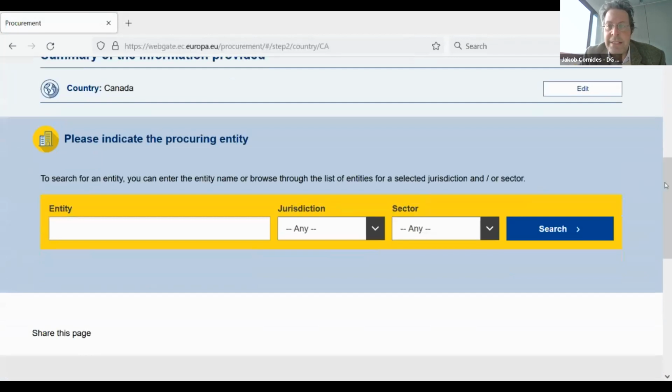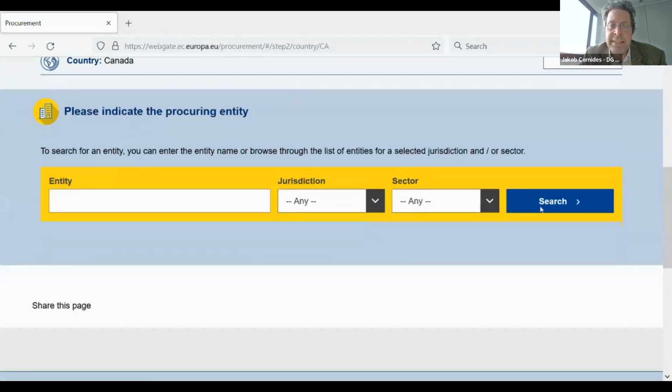Now, there are various ways of finding the entity, because the whole system is built on the idea that you know which entity's procurement you are looking at. Suppose you have visited the purchasing website of the Canadian government, called CanadaBuys, and there you have found information on a procurement, and you're wondering, is this open to European bidders?